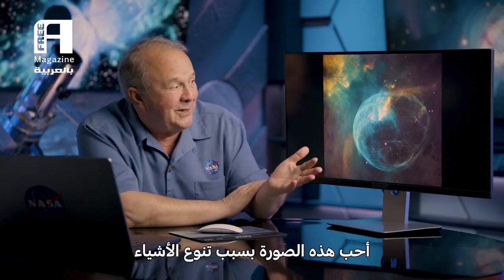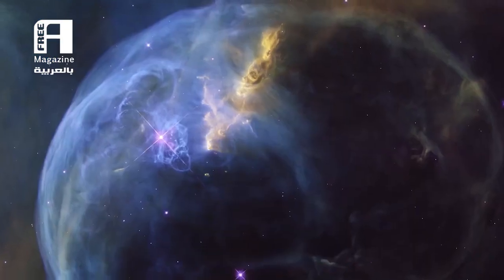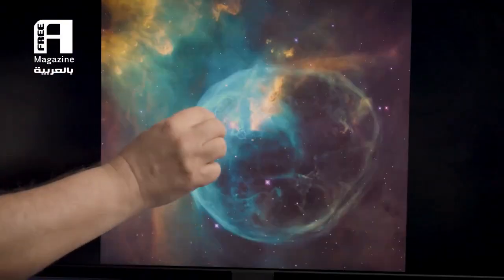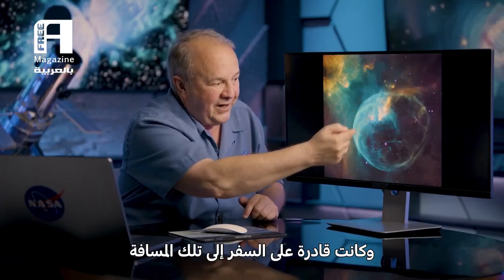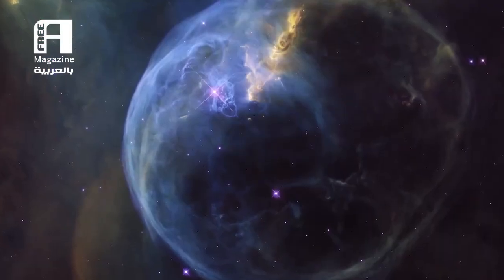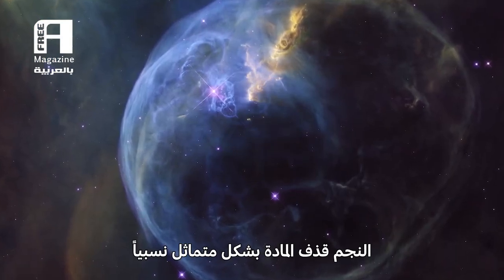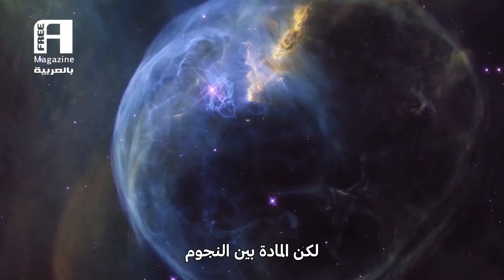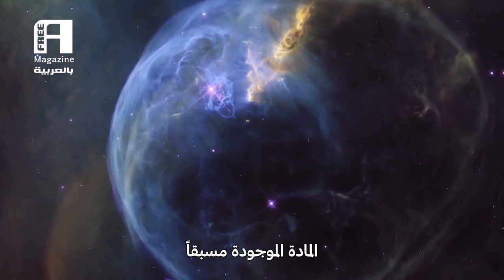I like this image because of the variety of things you can see in it. Obviously, you've got the massive star at the center. The big ring here is a bunch of material thrown off the star, and it's been able to travel out that far. The star threw off material relatively symmetrically around the star, but the interstellar material, the pre-existing material in the area